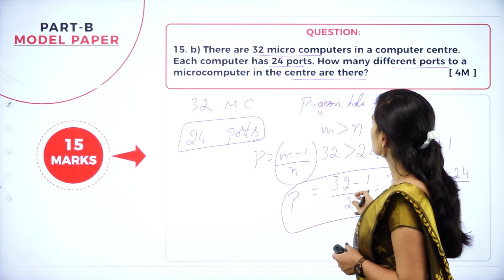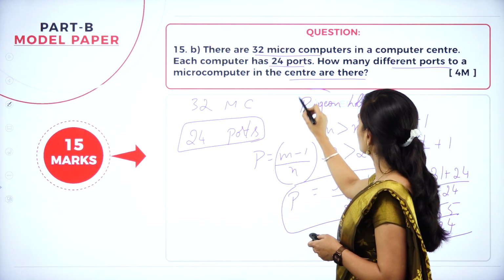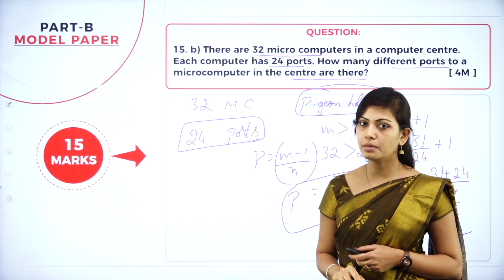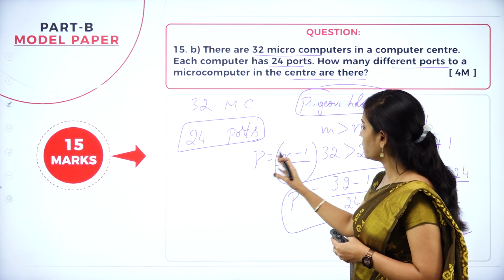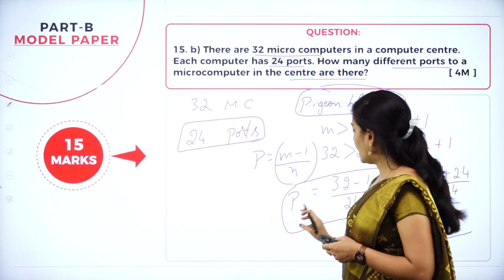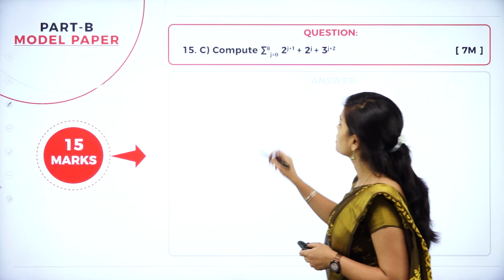Clear? So this is called pigeonhole principle problems. Definitely there will be a problem on this pigeonhole principle. Please practice this, understand the question properly and use this formula p is equal to (m minus 1) by n and p plus 1. Clear? And the next one is compute